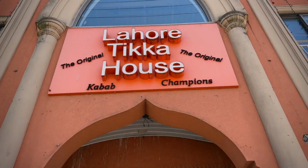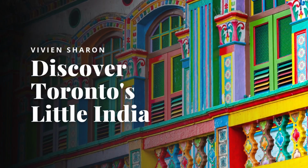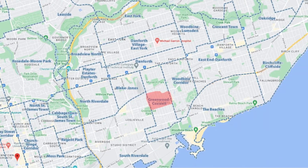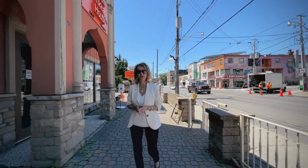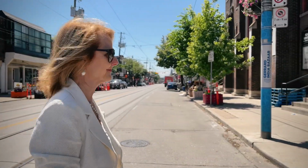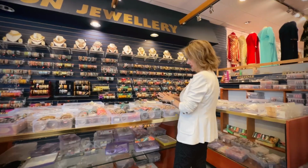Here we are in Little India. Toronto's Little India is located in the city's east end, starting on Gerrard Street East between Coxwell and Greenwood Avenues in the Leslieville neighborhood. This area hosts a high concentration of Indian businesses and is also known as the Gerrard India Bazaar, the biggest South Asian market in North America, with over 125 shops and restaurants, including jewelry, furnishing,